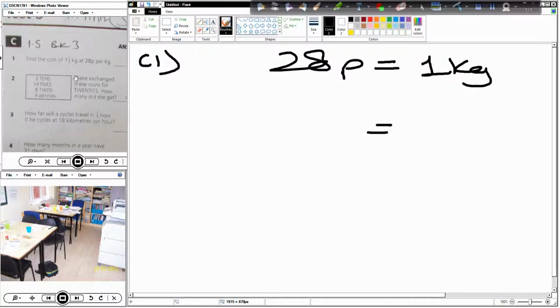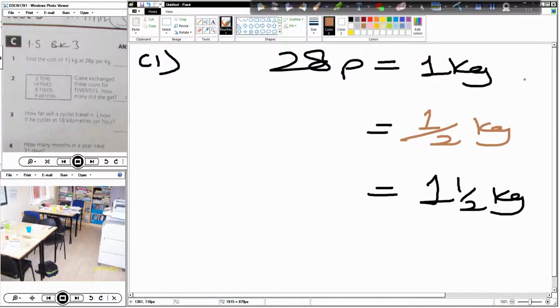Okay. We need to buy how much? 1.5 kilos. So before we get from 1 to 1.5, we need to work out half a kilo. So from 1 to a half, what do we do? Divide by 2. So 28 divided by 2 is